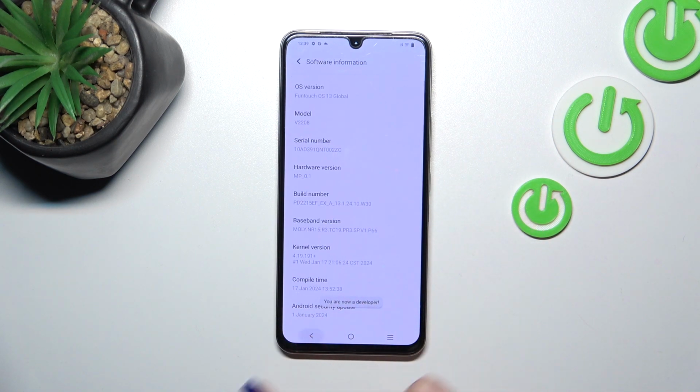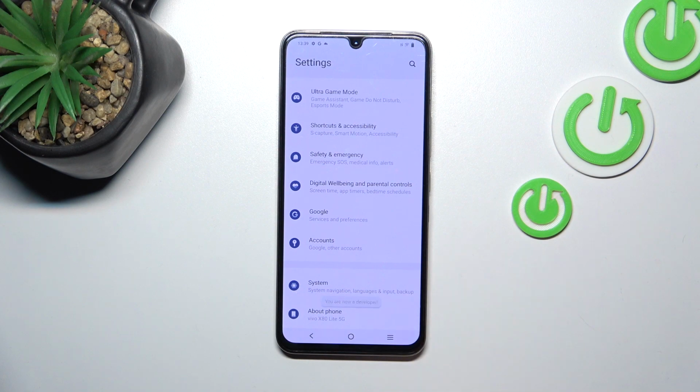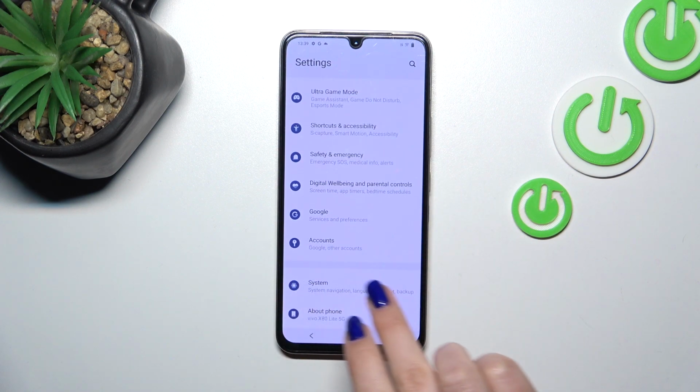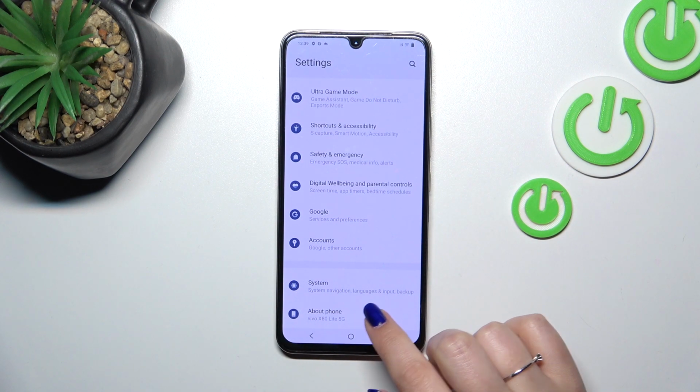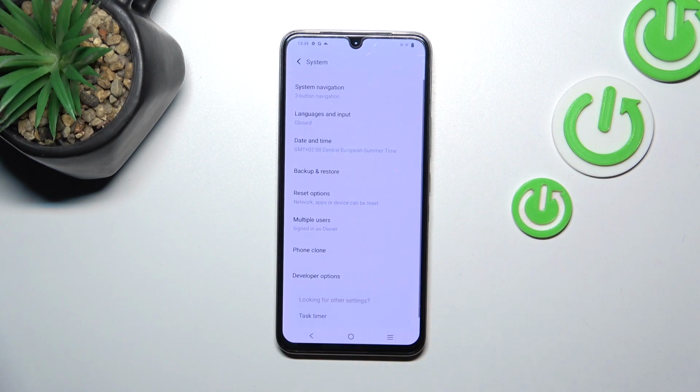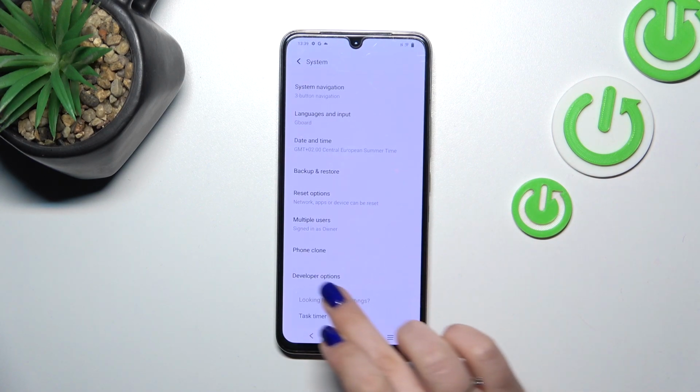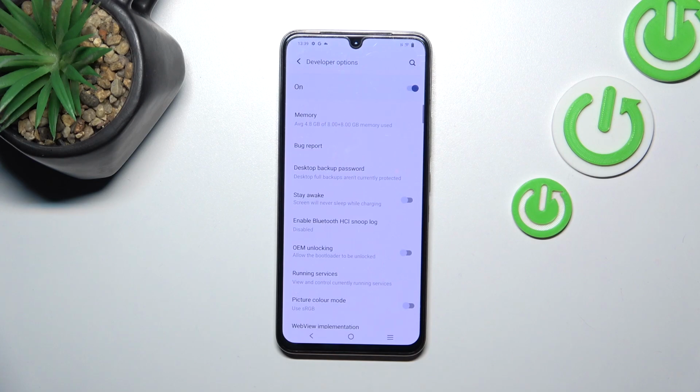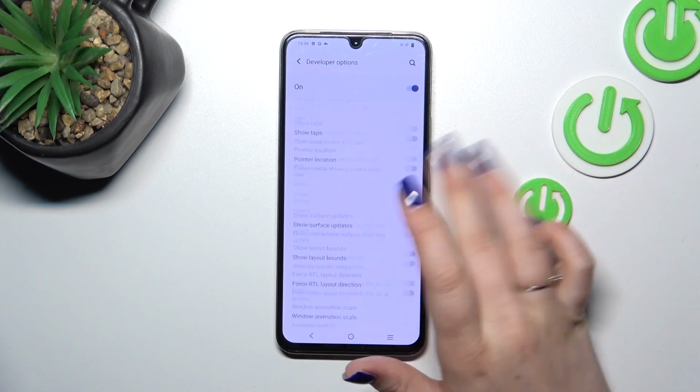Now we've got this information, so we can go back to the general settings, and here let's enter the system which is at the top, which is right above the About Phone actually. After tapping on it, we can easily enter developer options, and here we've got plenty of advanced settings which we